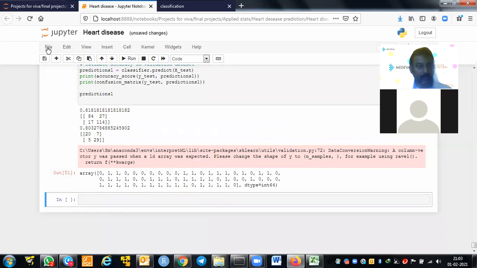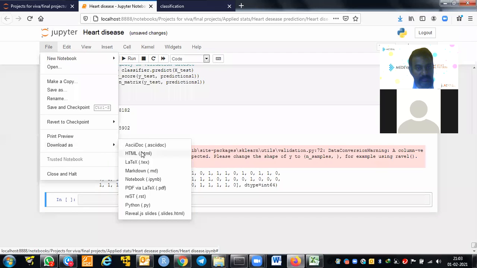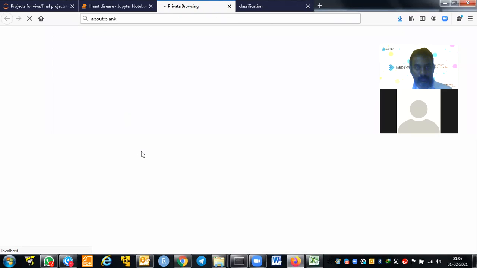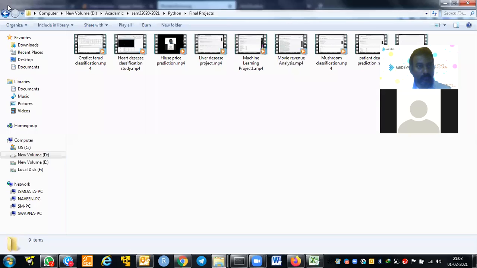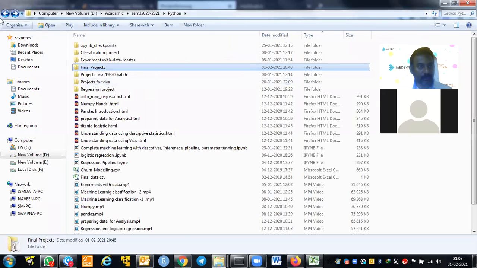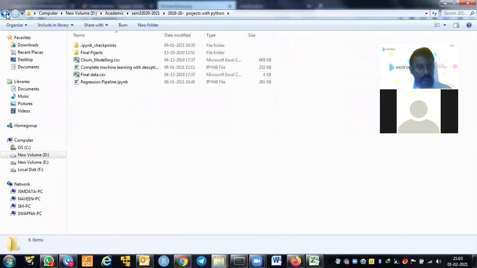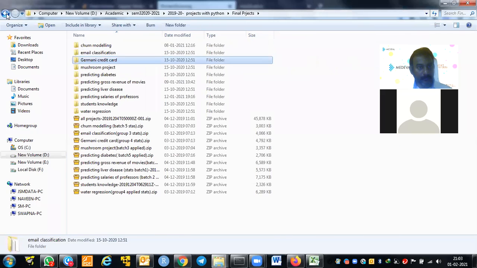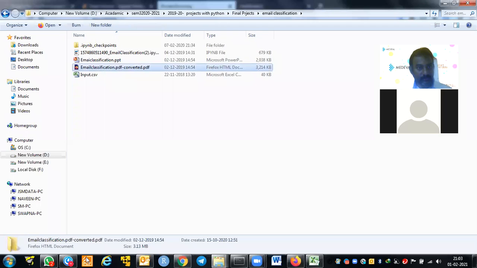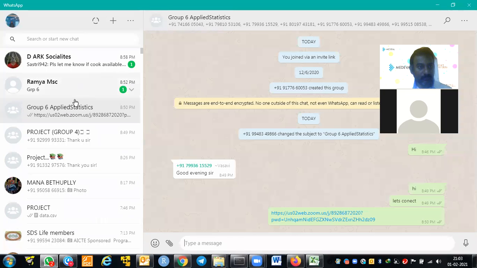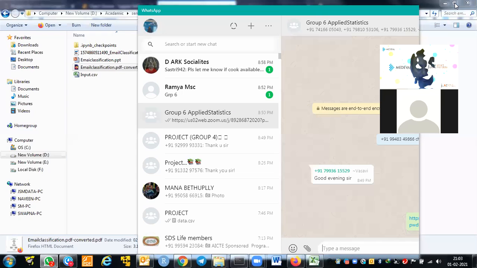Now I will give this output as an HTML file. You put all these outputs in your thesis, and to write the thesis, I will go to last year's students' projects. I will give one classification project. I think email classification is one. I am sending, which group is this one? Group 6? Yes, sir.